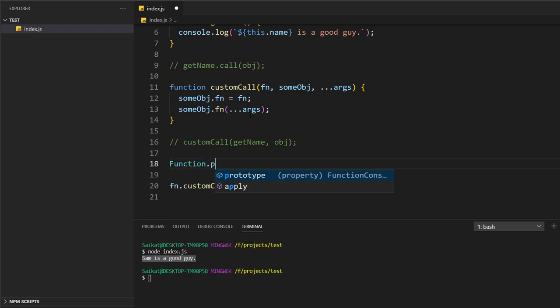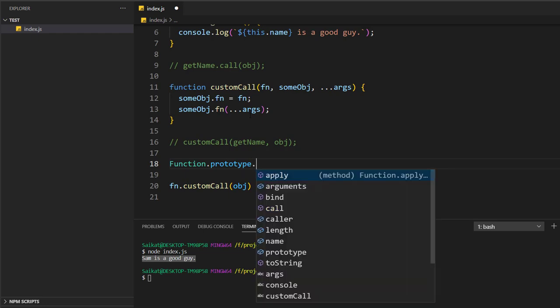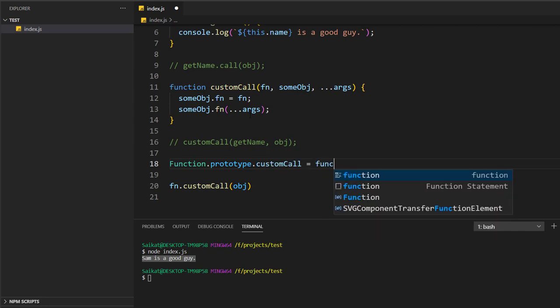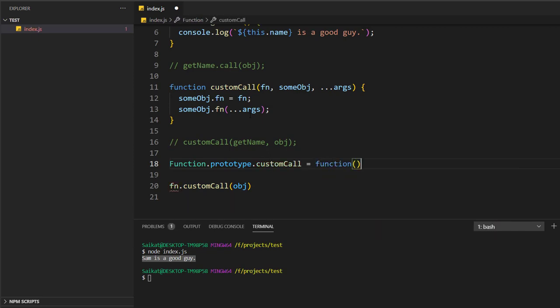So I will be attaching a new function to this class. In JavaScript, function is also a class, just keep it in mind. So anyway, custom function.